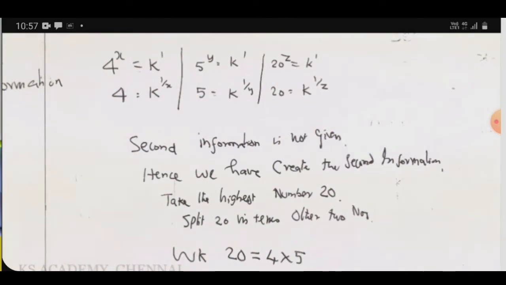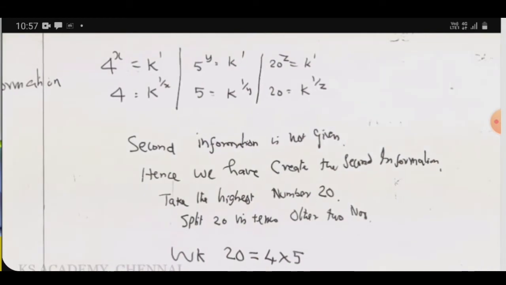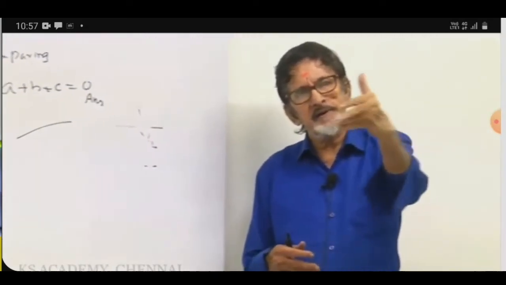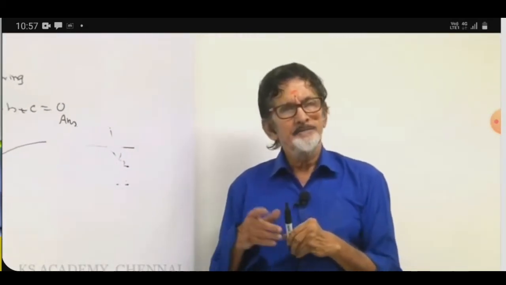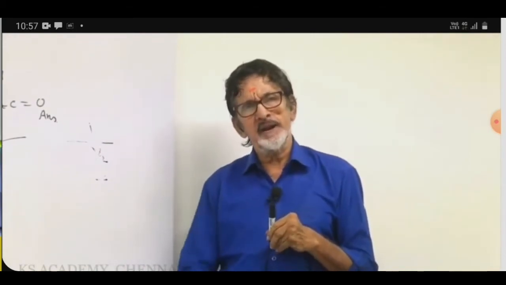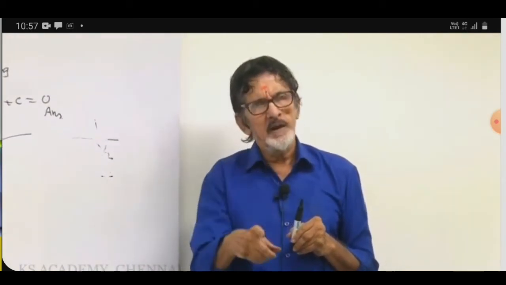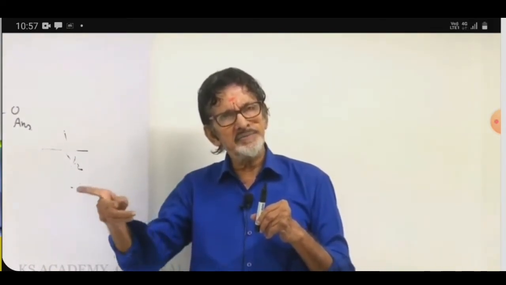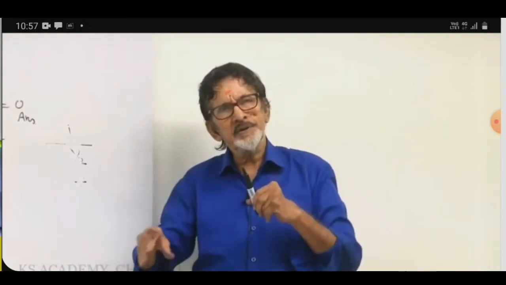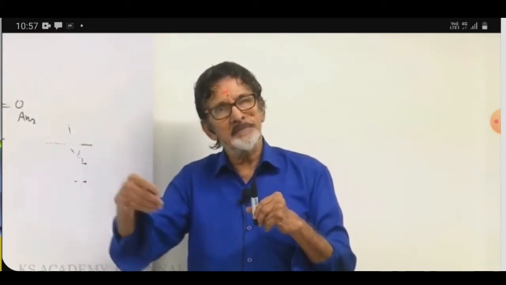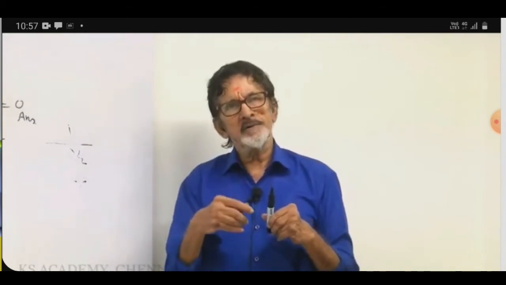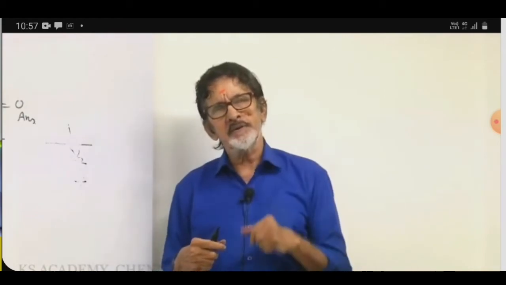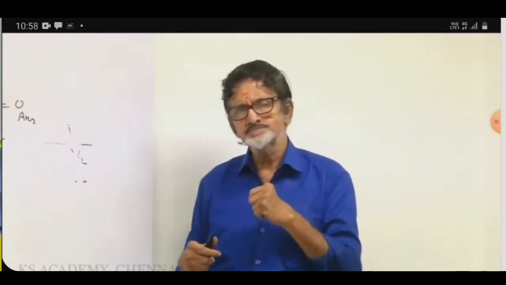In the earlier problem, AB is equal to CD, or B squared is equal to AC. They created and gave it. In this problem, you are creating it. Whenever numerical bases are given, you can create it very easily. Creation technique: take the highest number among the three numbers, and split it in terms of the other two numbers. Numbers will be given accordingly, they will take care of that. You should not put a question. If it is not possible, then the problem is wrong.